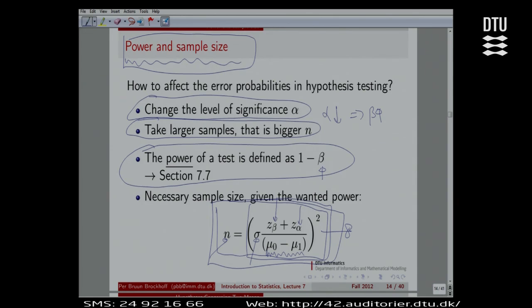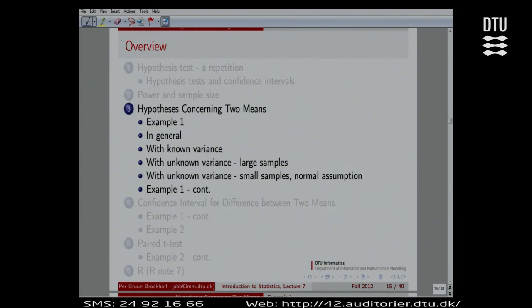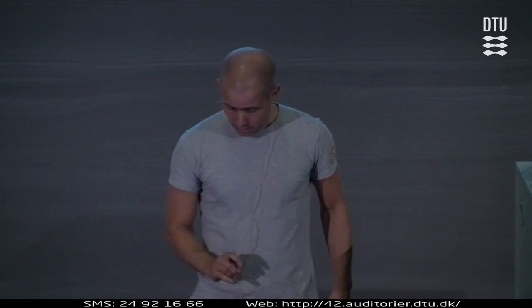And then we have a full course actually at our university, which is called Design of Experiment, which is thinking of some of these things and also other more complicated planning things when you do planned experiments. Okay, that was the second part, the power and sample size part. Now